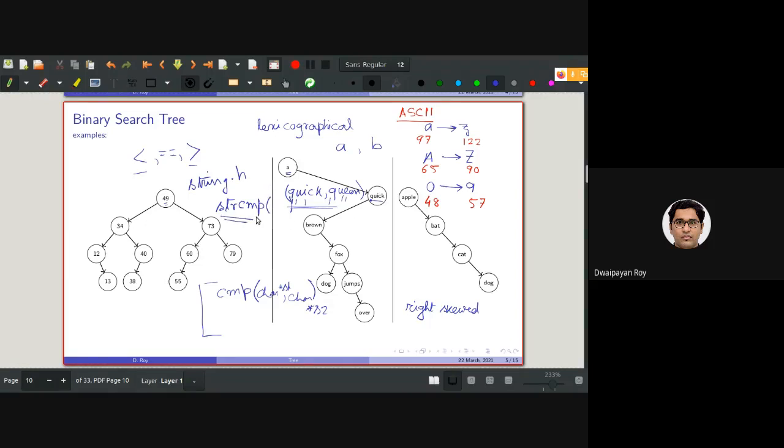Using strcmp, you will be able to compare. The strcmp function is defined in the string.h header file. All right. Of course, as we have mentioned, we can use the ASCII values as well. But the good part is, as it is defined, we can simply reuse it by importing string.h. Then we need not implement this on our own.